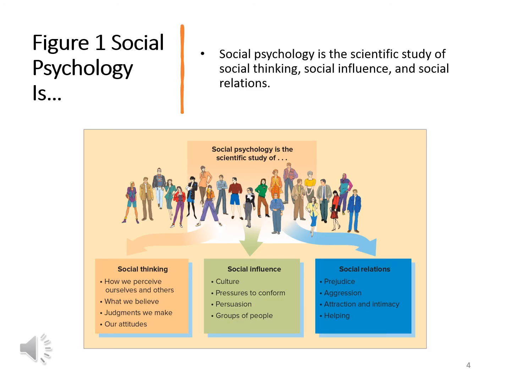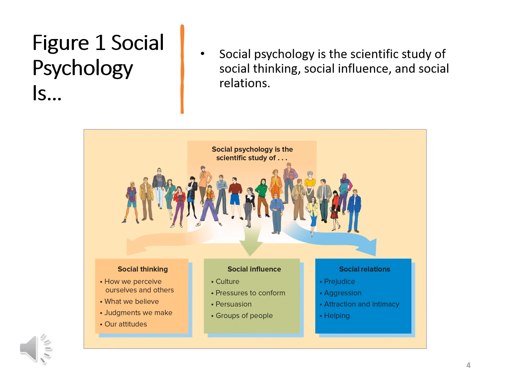As we look to explore different parts of social psychology, we look at social thinking. This is how we perceive ourselves as well as how we perceive other people. Our perception tells us a lot about who we are and how we perceive the world around us, which helps us make decisions in our lives, how we act and how we move forward, what we believe about the world around us and other people, and the judgments that we make. This also helps to shape our attitudes and beliefs about things.